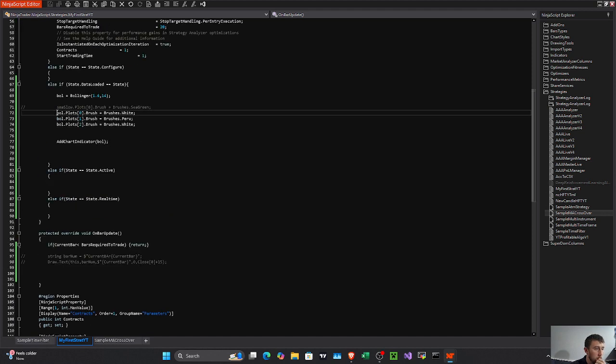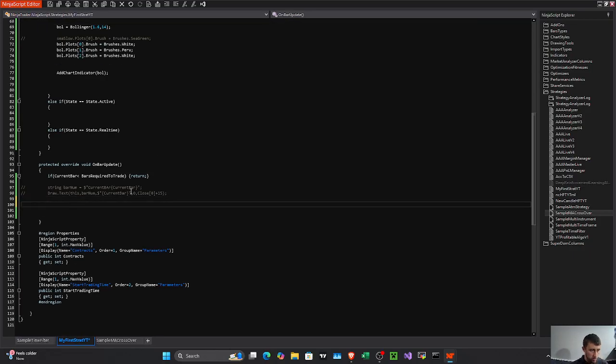So now we have our Bollingers, and now they are filled with data, right? On data loaded, we're filling them with data. Now we can use them. So the first thing we need to do when entering a strategy is decide the signals that you want to give it. So basically, when something is true or when something is false, that is when it should enter. So in this case, we're going to do if